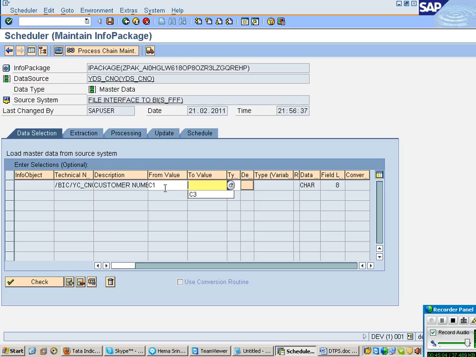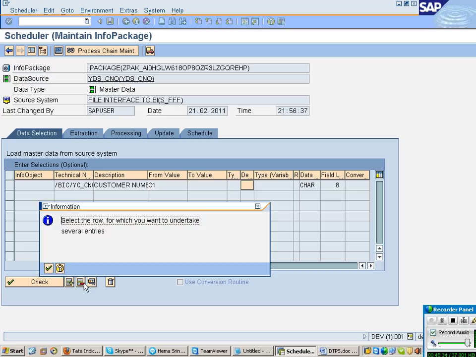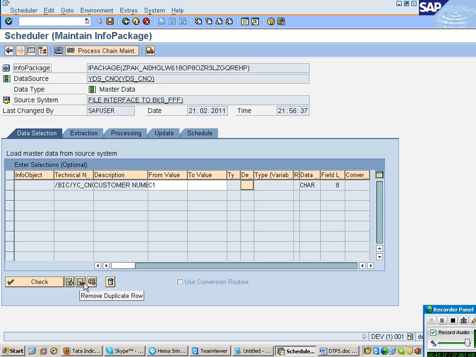Suppose you want to load C1 and C3. What have I given? One value is C1 and the other is C3. Here you can see you can insert a duplicate row. Now only C1 and C3 will be allowed. If you try to remove that one, it will not allow. If you want to remove it, you have to go there and remove that selection possible. So now I am giving some conditions while loading.